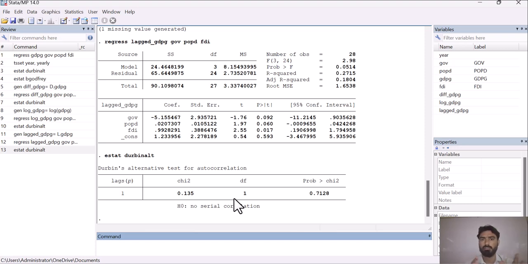So you can also do this to your data set. And if you are still facing the issue that your autocorrelation has not been resolved, take the lag of your independent variable as well, or you can take the log of all your independent variables. So this might be the solution to resolve the issue of autocorrelation from your data set.